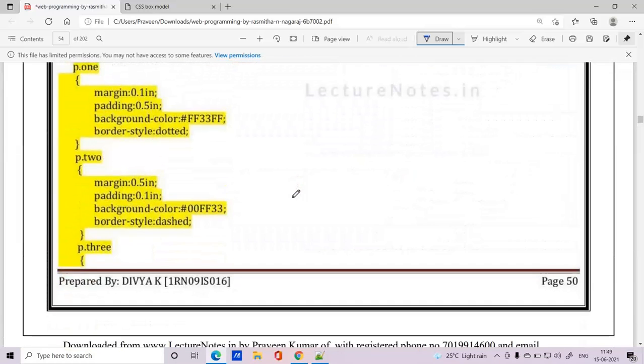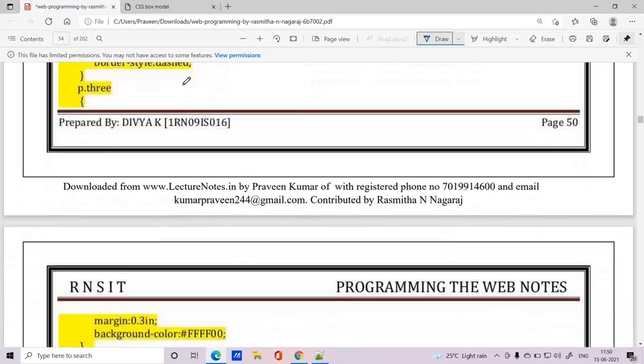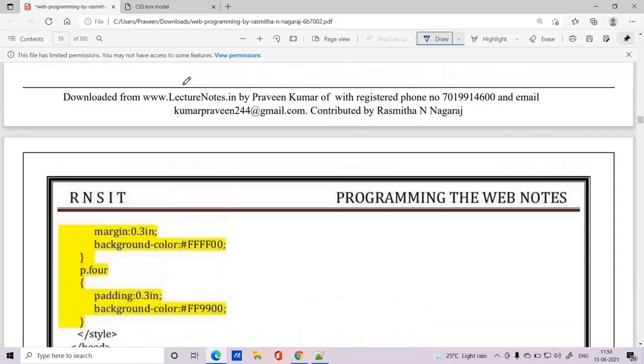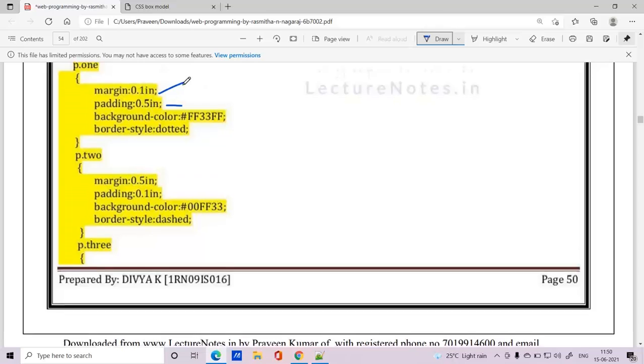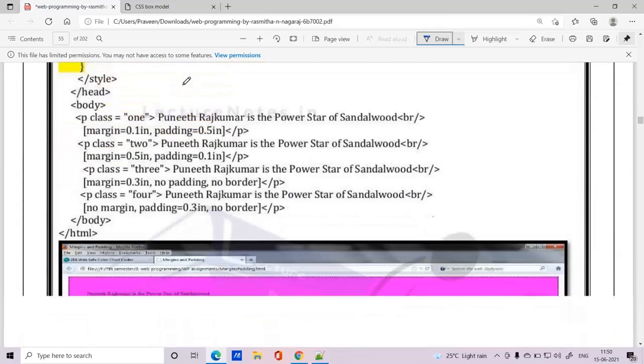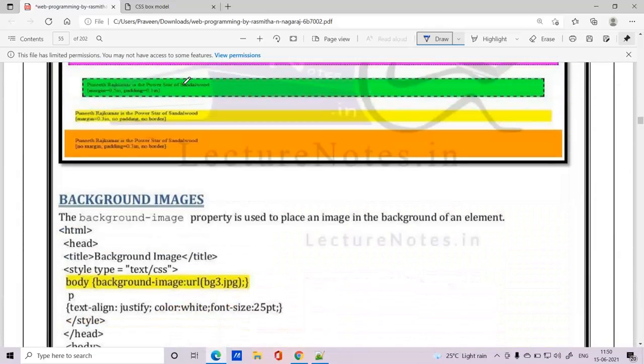And coming to padding and margin, as I told you, padding will specify the space between content and the border. Margin will specify the space after the border and the next content. You can specify that as per your requirement. You can also specify left padding, right padding, top padding, bottom padding. Similarly, you can have left margin, right margin, top as well as bottom margin. Now, with some examples we are going to see this.